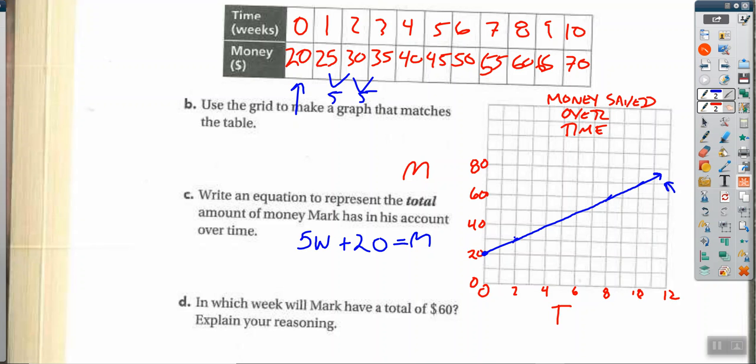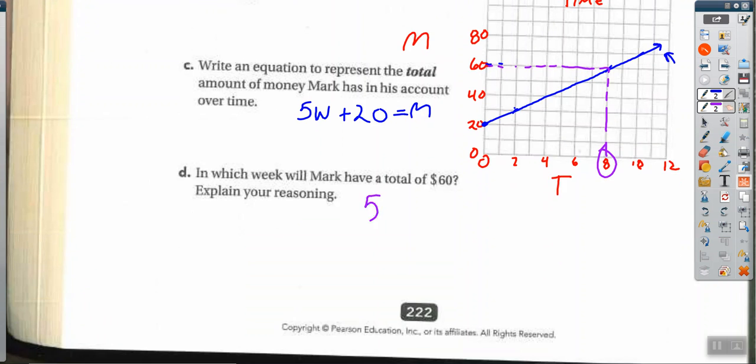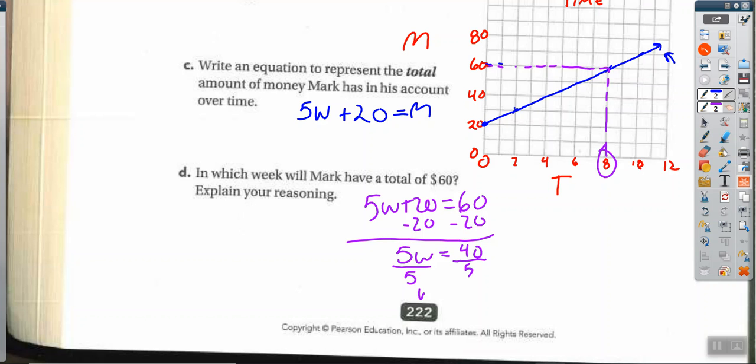In which week will Mark have a total of $60? Well, there are a couple ways we can do this. One way we can just say in week 8. Or we can go in a different color here. Week 8. Or, the most fun way of all, we can say 5W plus 20 is equal to 60. Well, minus 20, minus 20. 5W is equal to 40, divided by 5, divided by 5, and I get W is equal to